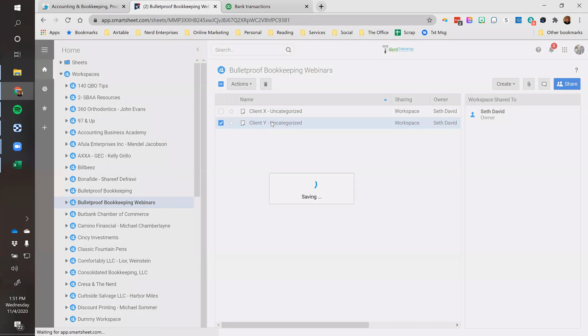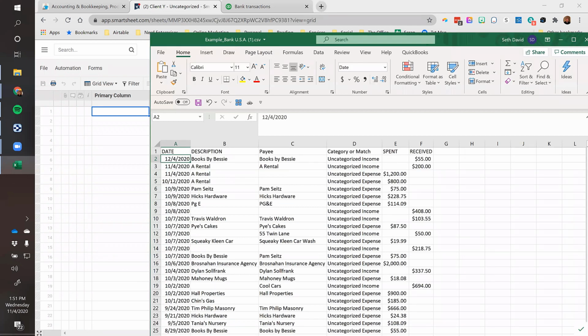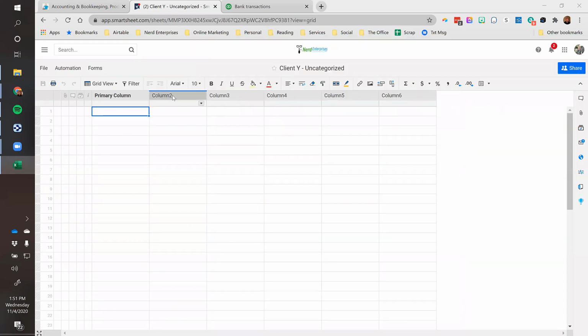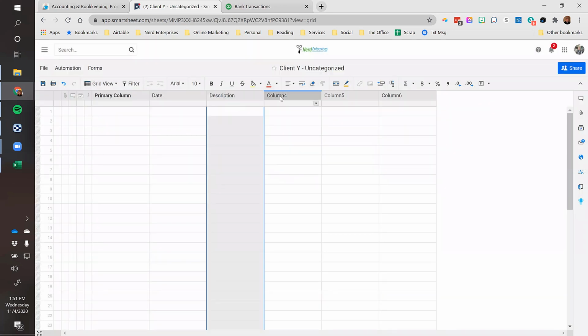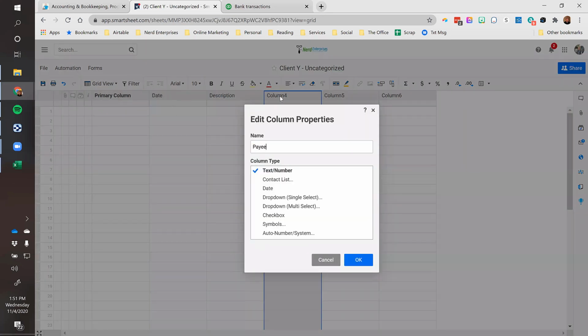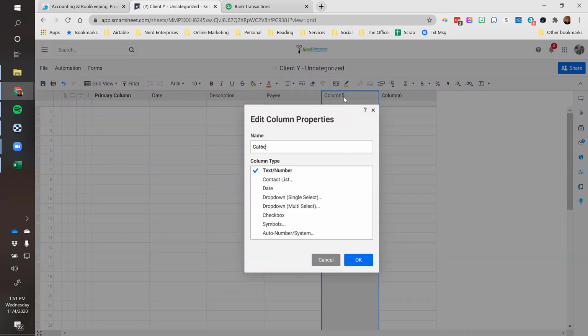Okay, and this is going to be really simple. Ignore the primary column for starters, and I'm going to use the columns right from the spreadsheet to set up all the rest of the columns. Over here I'm going to have date, and of course the type is going to be date. Over here I'm going to have description, and that's just text or number. This is going to be payee. This is going to be category